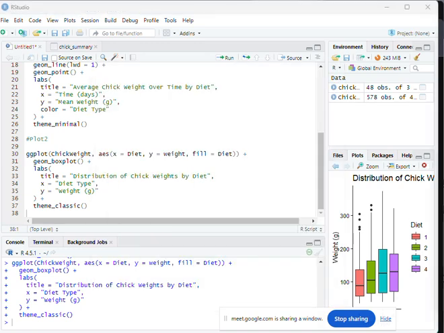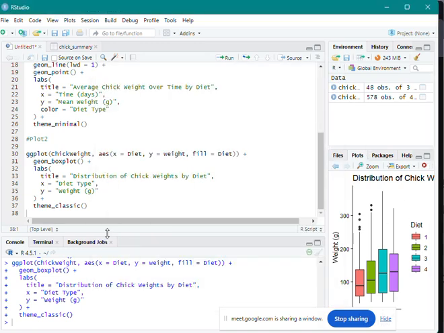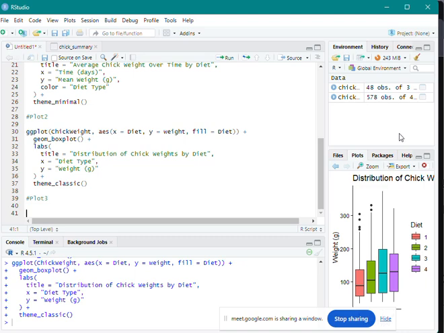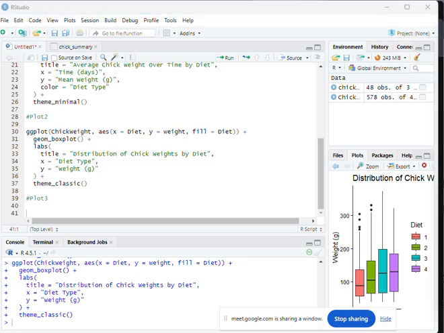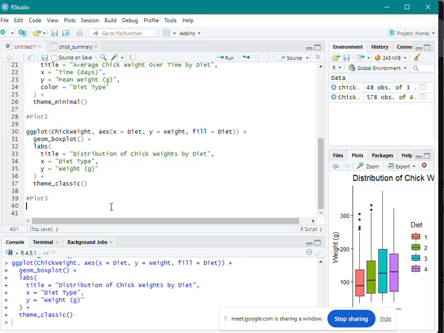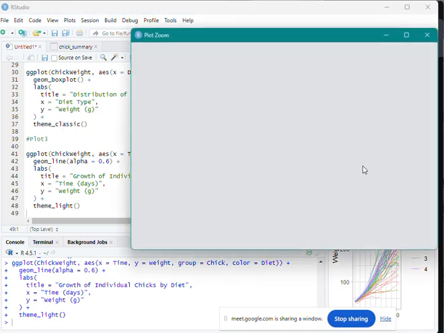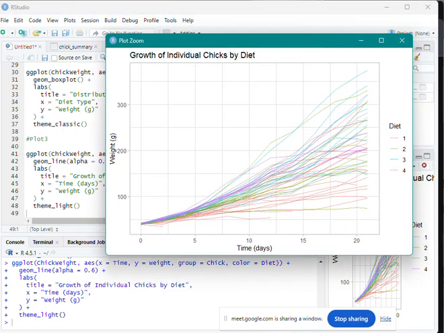The last but not the least plot that we created using this data set is plot 3. The third visualization shows the growth pattern of individual chicks. Each line represents one chick's weight growth over time.